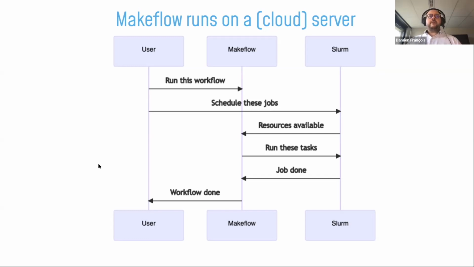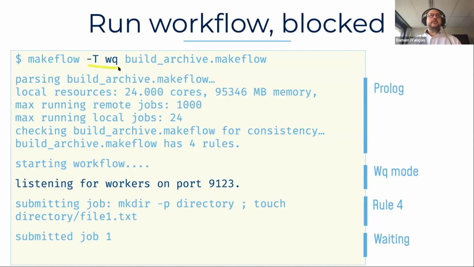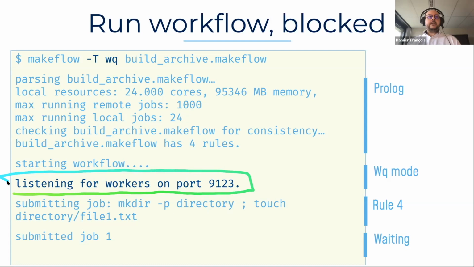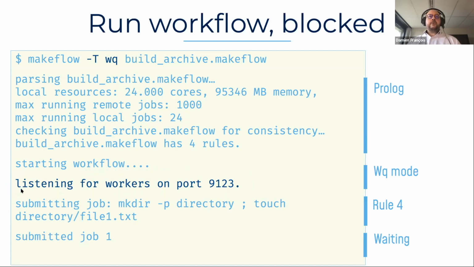To submit a Makeflow like this, you use the capital -T WQ. Here WQ stands for Work Queue, of course. You will see again a prologue, just like the other times, but here the distinguishing factor is this sentence that says it's listening for workers on port 9123. This is a default TCP port to listen on, but you can of course choose another one using the command line options. Then it will submit a job directly. The first job again is rule 4 because it has no dependency, and at this point it would just wait for workers to